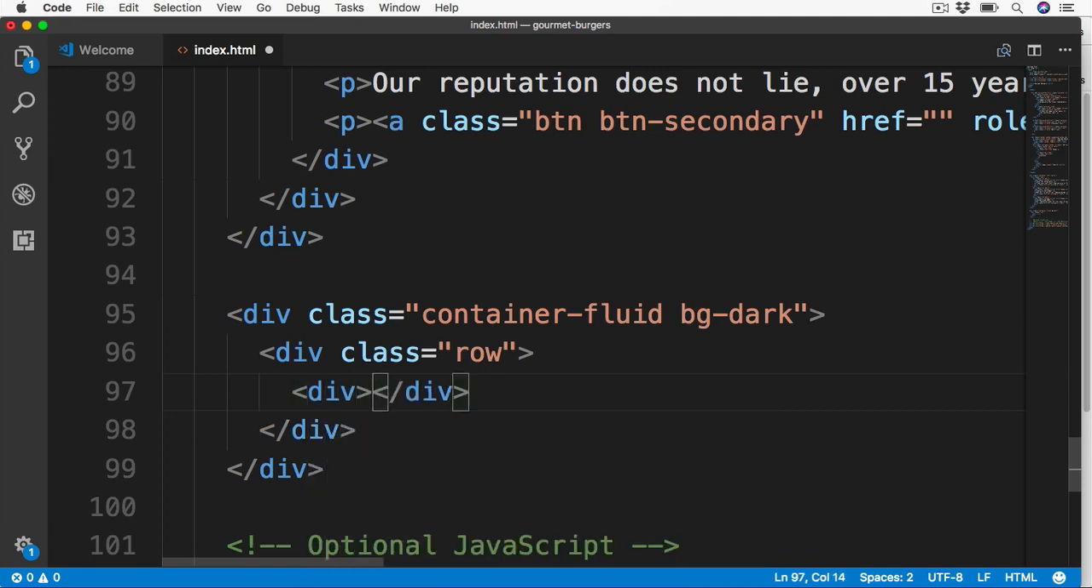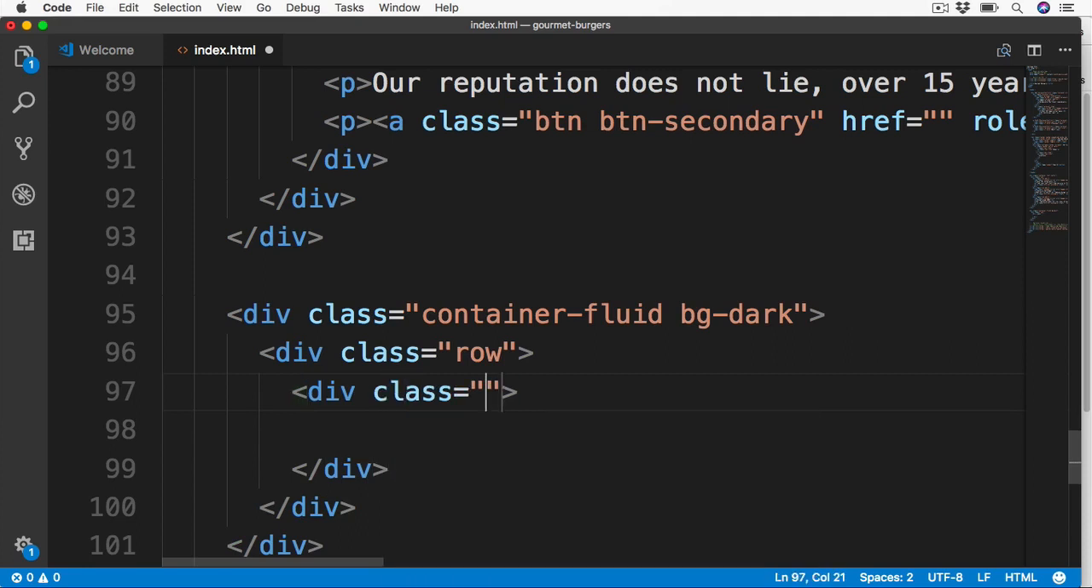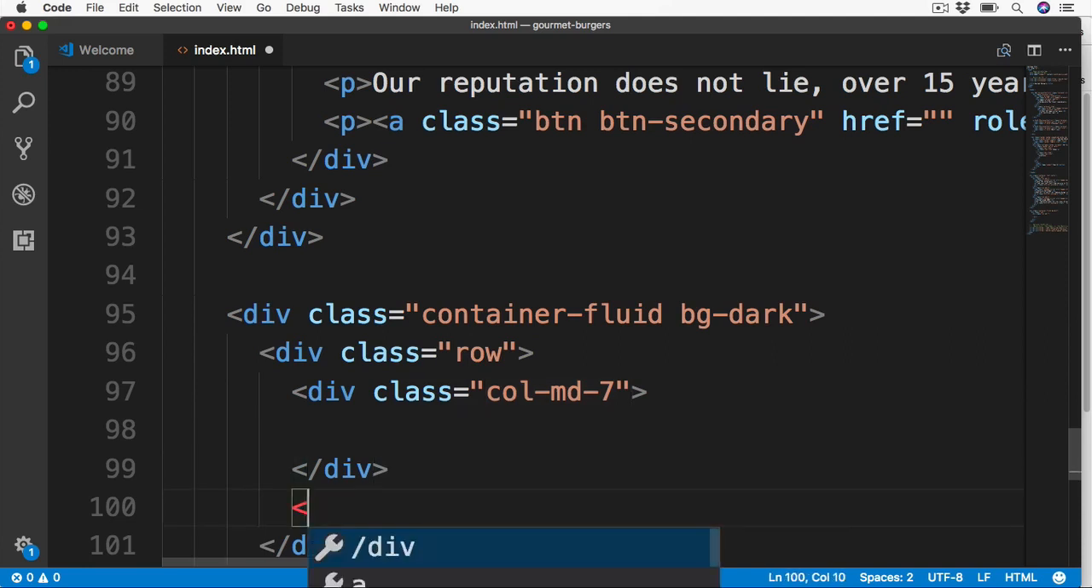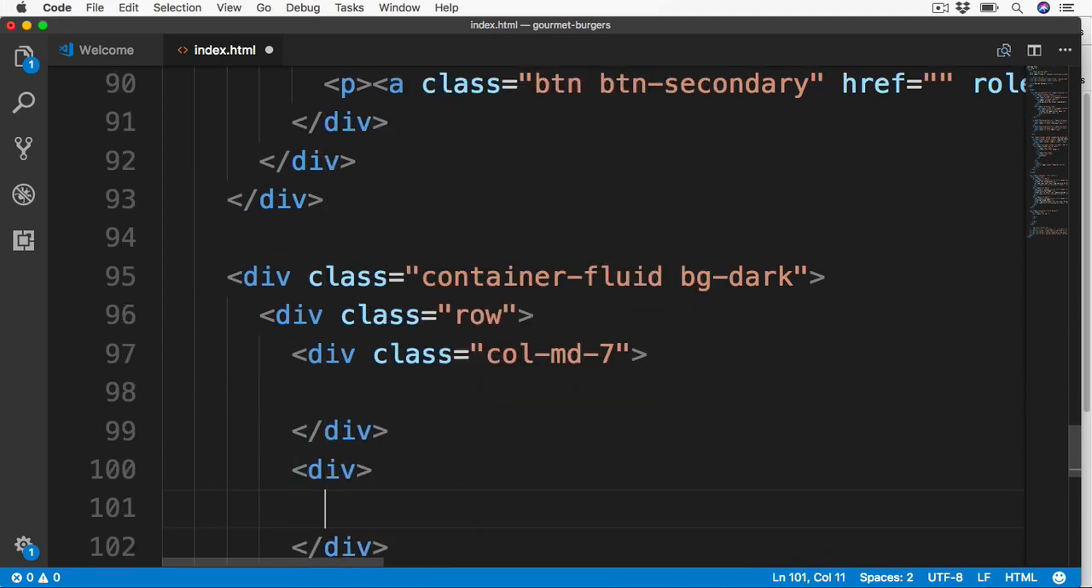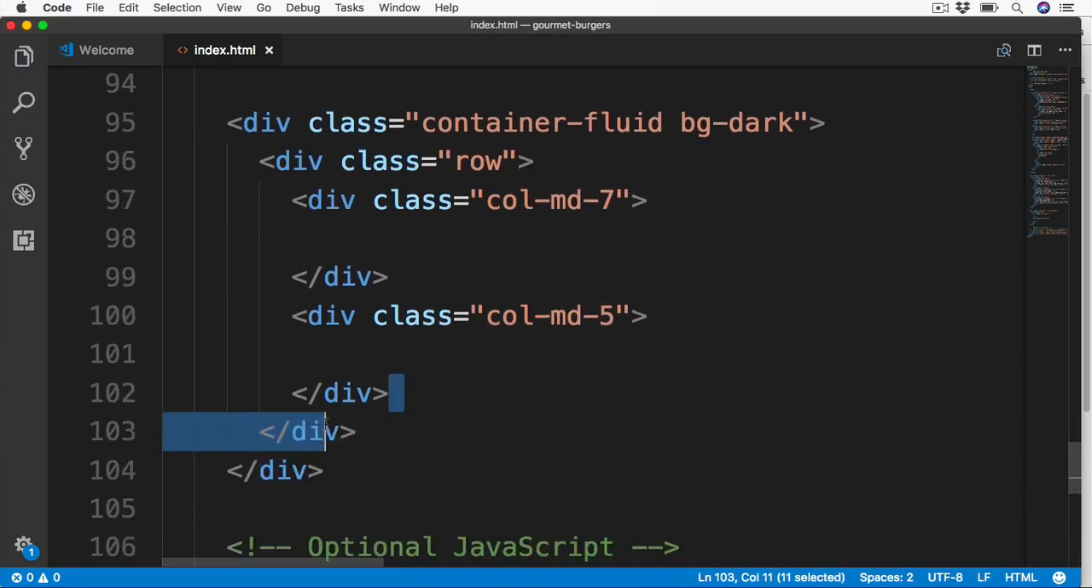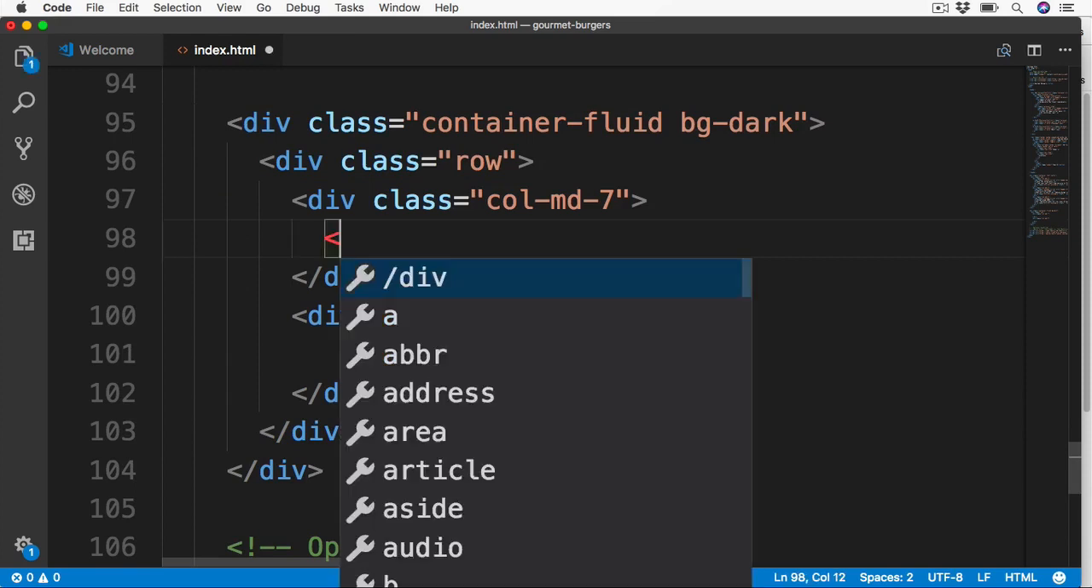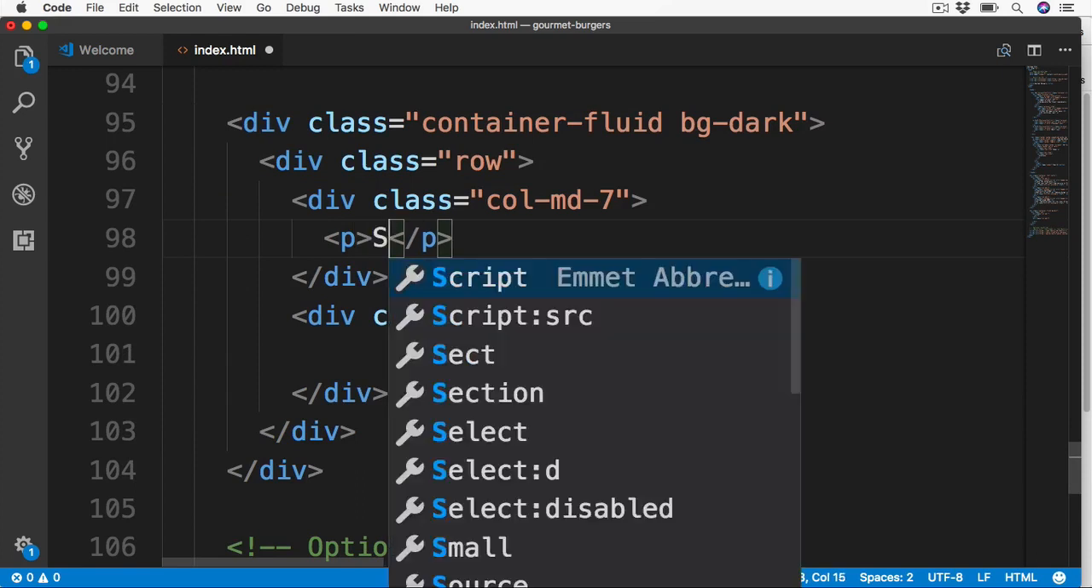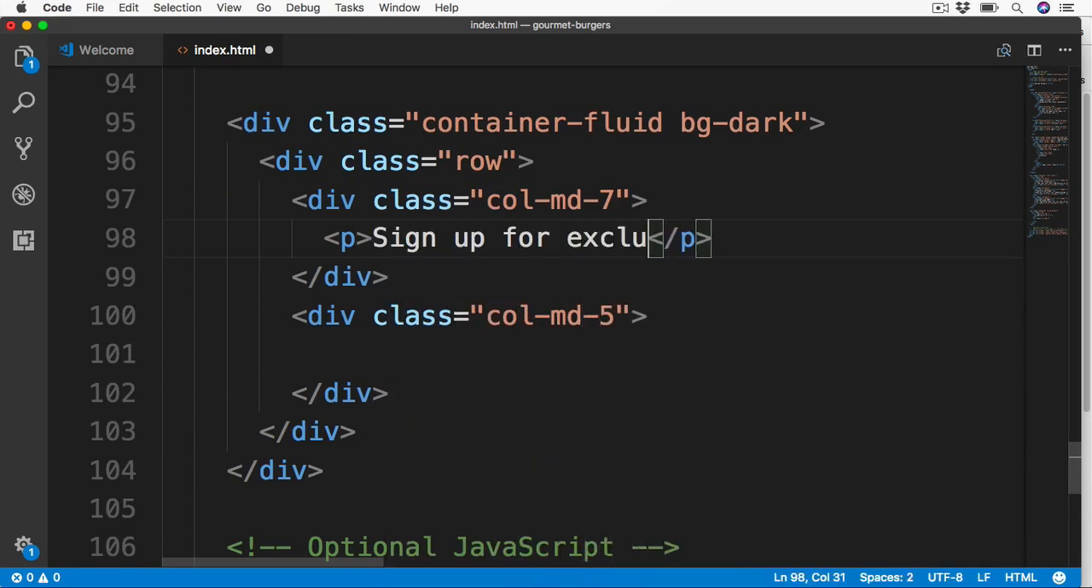The left section is going to be a div, and this is going to have the class of col-md-7, which will make it 7 parts wide on the medium-sized devices and above. And then a second section just below, which will take up the remaining 5 parts. So this needs to have the class of col-md-5, giving us our 12 column grid. So now this grid is in place, we can first add some sign up text, which is going to go on the left hand side inside of these p tags. So sign up for exclusive offers,